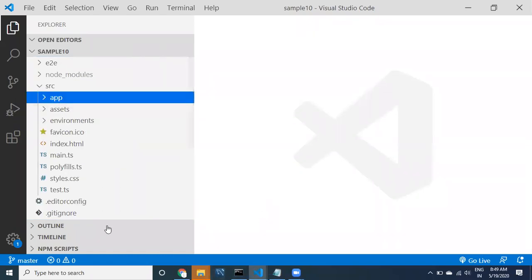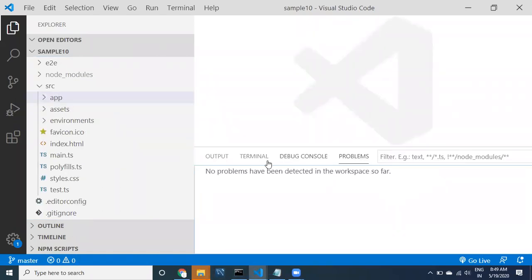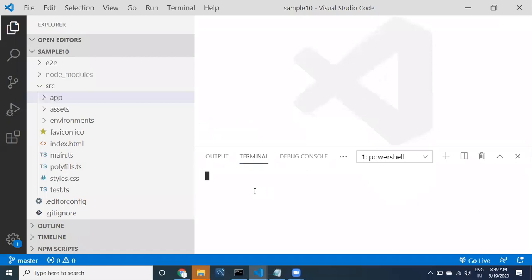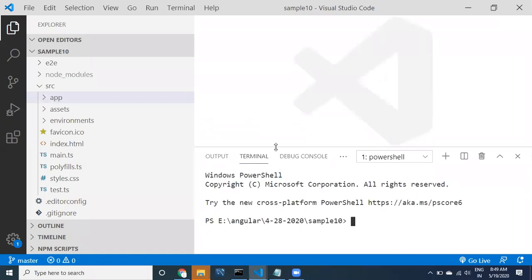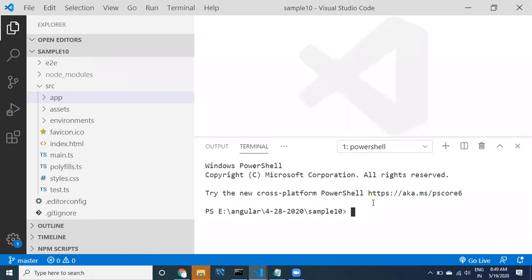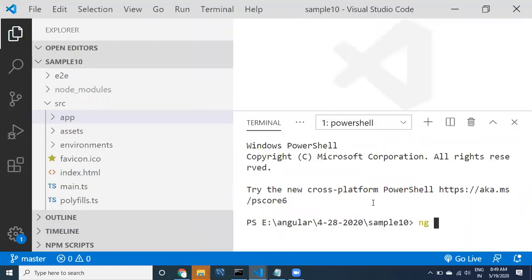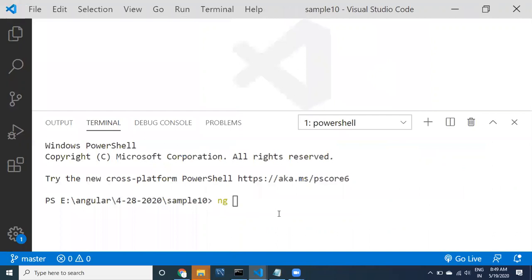To create the three components, let us go to the command prompt and open the terminal here. This is the right place to create the components. How to create a component, you know that. ng generate component comp1.